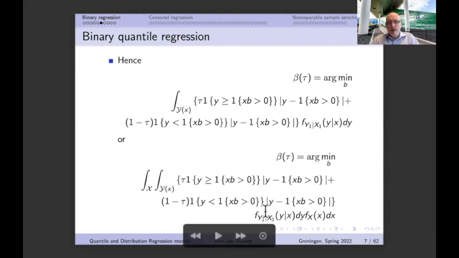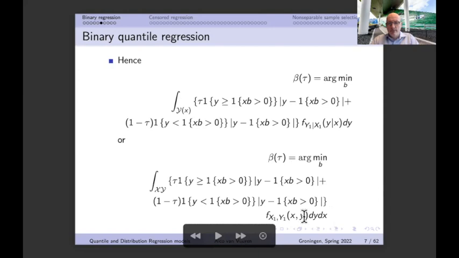But then we see here that we have a conditional density multiplied by a marginal. We can take them together, because we do know that a conditional distribution multiplied by a marginal is actually equal to a joint density function. So therefore we can also write it like this. And this is actually a very nice way to represent it. The reason behind that is that now we are going to integrate over the full support of x and y, and we do that with respect to a density function.